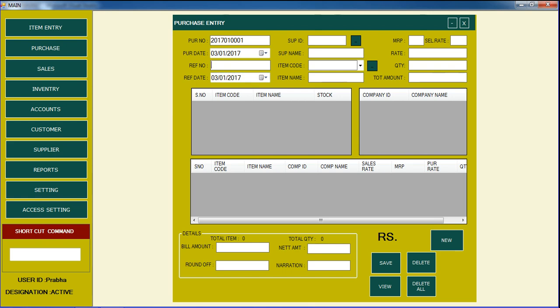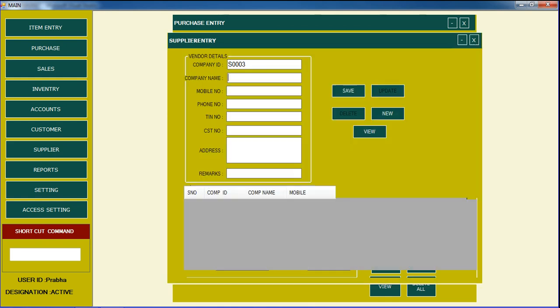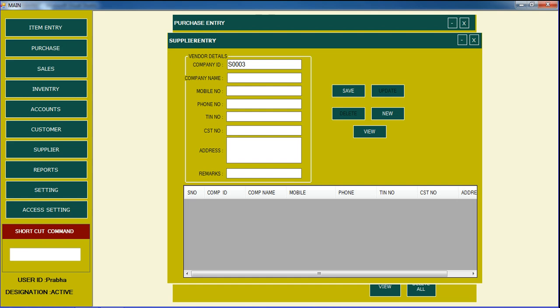Like this everything is here. Then if we go to supplier entry, the supplier entry will come. Every company contains some suppliers, and every company contains so many suppliers.